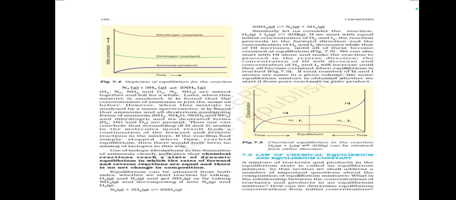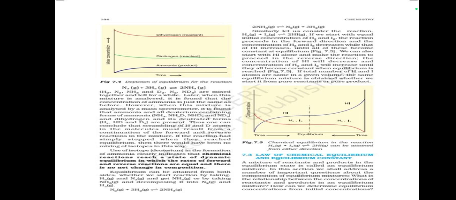Figure 7.4, depiction of equilibrium for the reaction. Use of the isotope deuterium in the formation of ammonia clearly indicates that chemical reactions reach a state of dynamic equilibrium in which the rates of forward and reverse reactions are equal and there is no net change in composition. In figure 7.5, chemical equilibrium in the reaction H2 plus I2 gives 2 HI can be attained